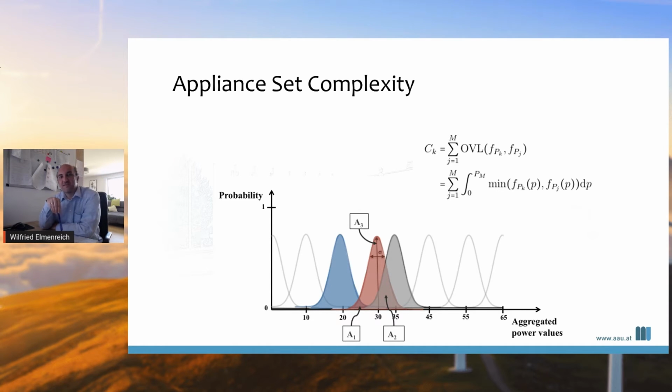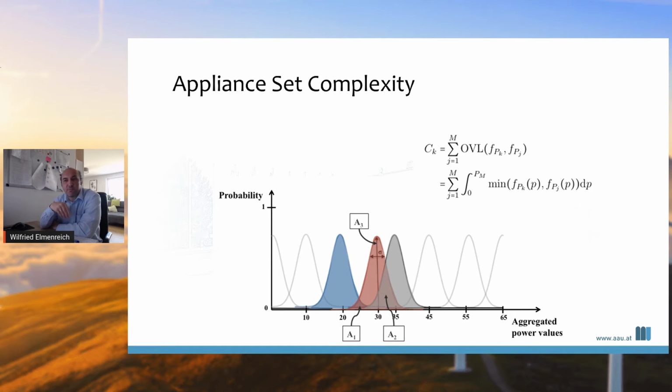This still doesn't mean that the new algorithm is better, because it depends on the type of appliances you have in your system. So the appliance set complexity plays a role here, and we also did some investigations on how we could measure appliance set complexities. Basically, if an appliance set has appliances with power consumption that, when added together, can reproduce the power consumption of another appliance, then we have an ambiguity there, which makes the appliance set more